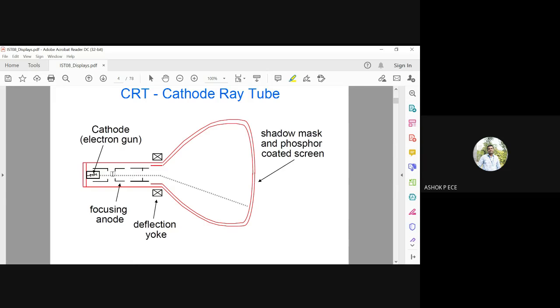You have a lot of focusing anodes to ensure the electrons travel straight till the deflection yoke. The deflection yoke is actually a magnet, and only magnets can deviate the path of electrons. It bends the electron beam, and depending on the amount of magnetic field applied, the bend will be that much.